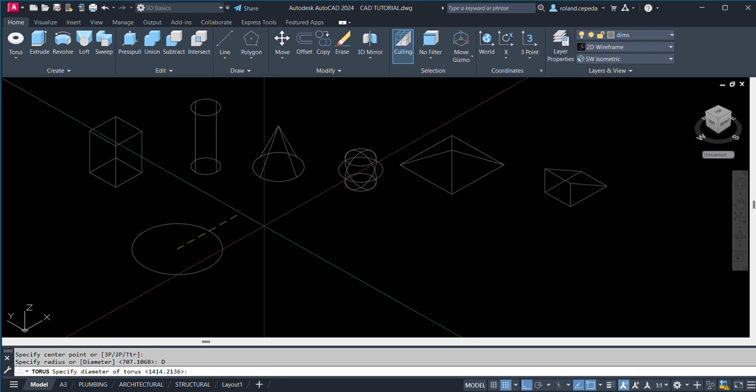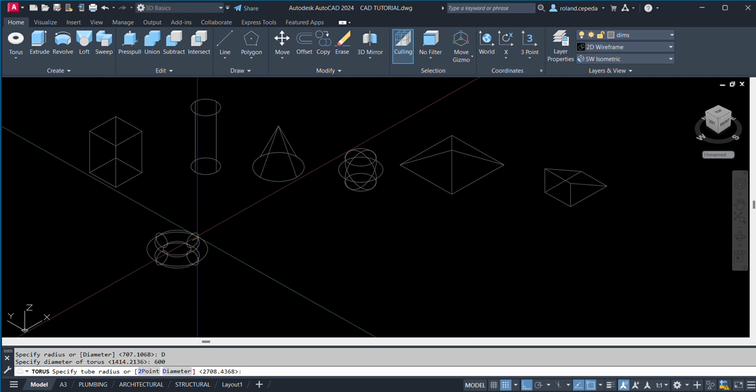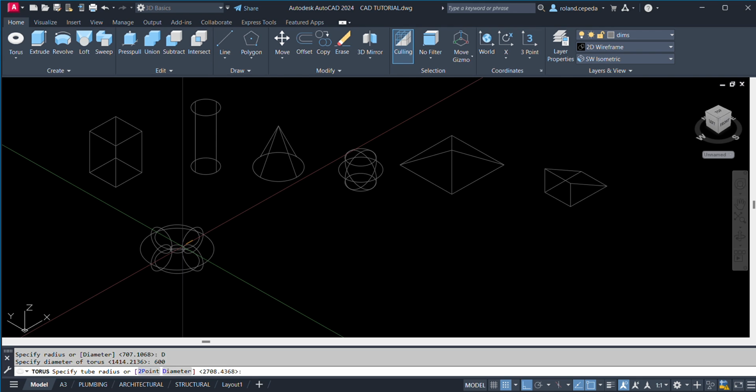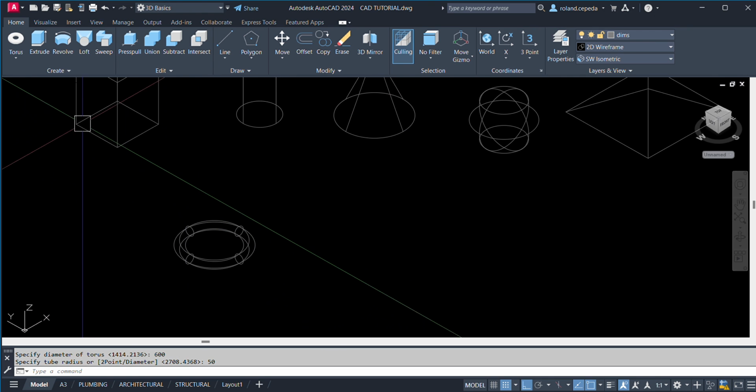Specify diameter. The diameter, let us say 600, space, and then specify tube radius. Let us say 50, space. So you have there the torus.